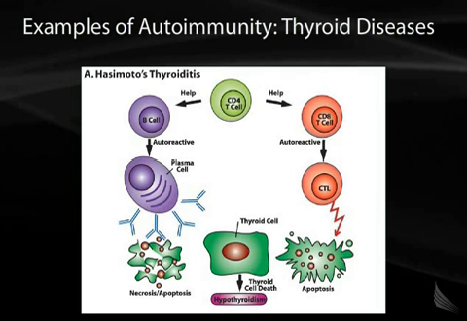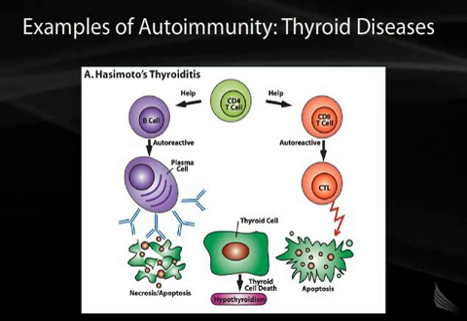Now contrast that with Hashimoto's thyroiditis, shown here, where you have the typical response of what you would expect or more associate with an autoimmune disease. This can either be mediated through B cells or through CTLs. You get autoreactive cells that will bind to or destroy or cause the destruction of thyroid cells. As you destroy the thyroid cells, then you get hypothyroid, and that is where the symptoms for Hashimoto's come from. So again, Graves' disease, stimulatory, hyperthyroidism. Hashimoto's thyroiditis, destruction, hypothyroidism.